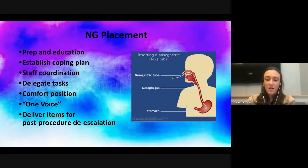The only thing I might have additionally been able to do was hold a barf bag in case the patient needed it, which I do sometimes do and act as a cup holder. But that was the only thing that would have truly been different than what I was able to do via robot. So this informed me that I was able to support patients through these different interventions,